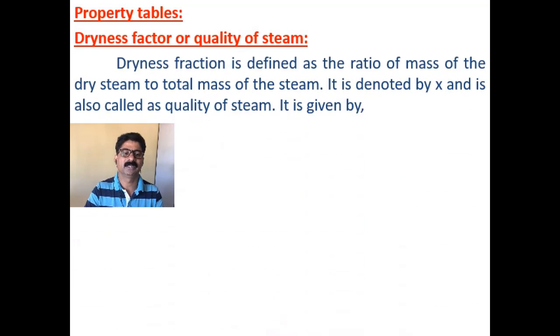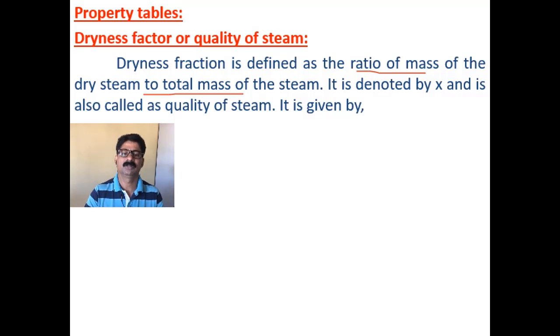which is called as the dryness fraction, which is defined as the ratio of the mass of the dry steam to the total mass of the steam. Suppose if you have 1 kg, that is 1000 grams of water, taken from saturated state, when it becomes saturated vapor, in between, suppose at a point 800 grams is converted to steam and remaining 200 is still in liquid state, then 800 by 1000, that is 0.8, is the quality of the steam. 0.8, or you can tell it as 80%. It is indicating that 80% of the total quantity is in vapor state and remaining 20% is in the liquid